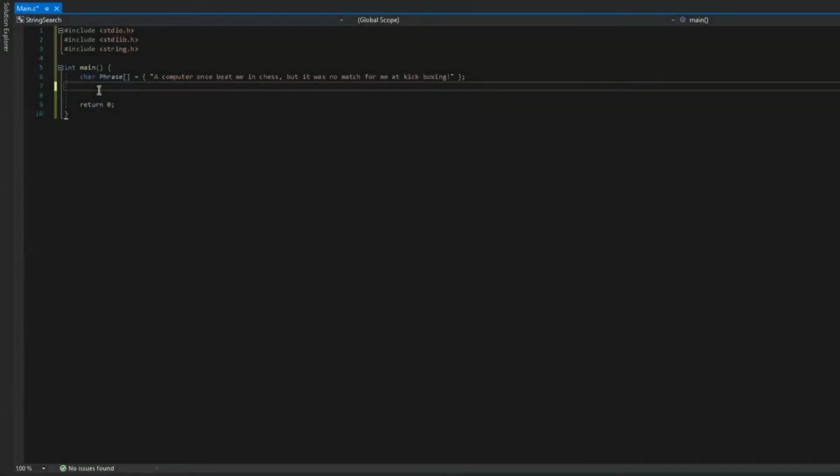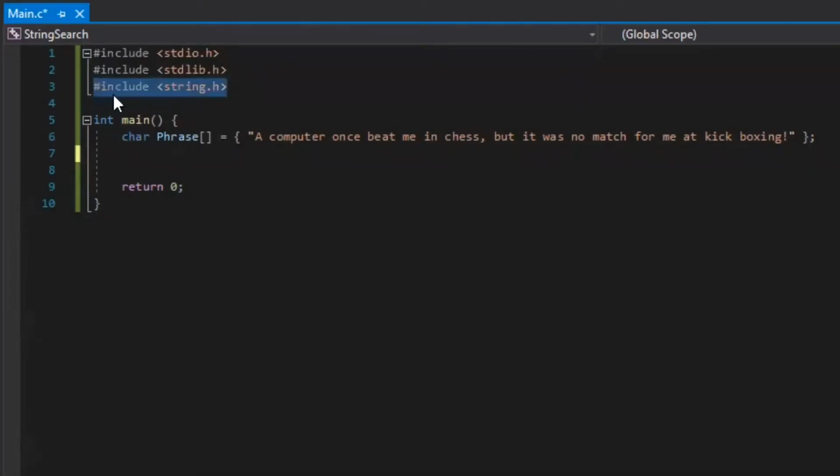All right, hello everyone. So today I want to try and make just a pretty simple program to search through a string, and then we're going to have it return the search word if it is actually inside of our string. So you can see up here I've got my string header file included just because there's some functions in there that I want to use, and you can also see that I've already gone ahead and I've just kind of initialized